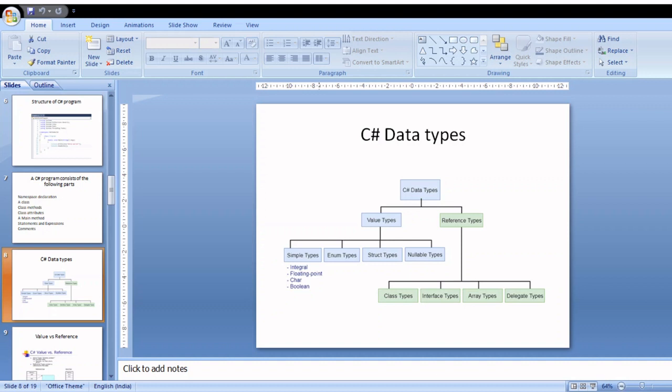Under signed integers again you have four categories like long data type, short data type, int data type, byte data type.